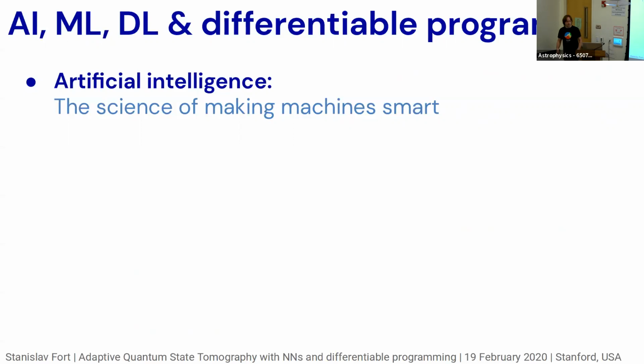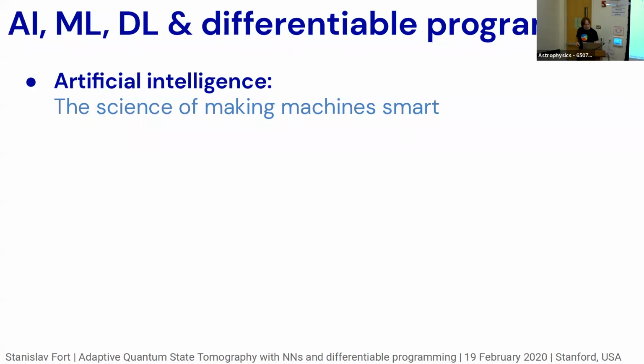There are a lot of terms people use interchangeably, especially in physics when they apply tools from AI. AI is the science of making machines smart. This is the generic term, and AI can also be the product of AI. AI as a science produces AI as an object, and that object is the smart machine. It is a very broad category, and it's extremely useful, and I deal with that more in the first part of my research.